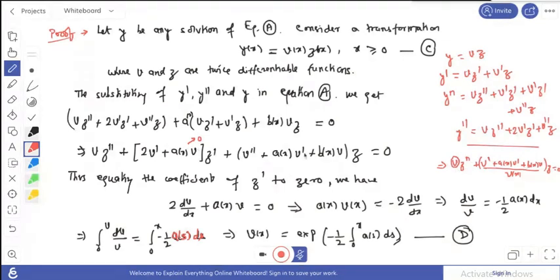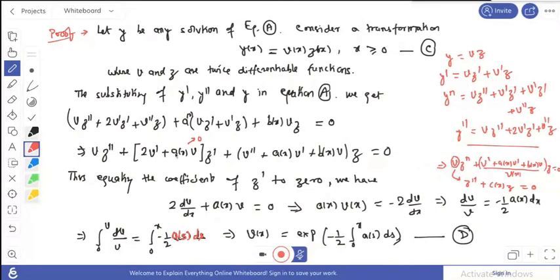ठीक है, तो यहाँ पे ये जो इक्वेशन है हमारी, ये कुछ इस फॉर्म की हो गई, z डबल प्राइम समथिंग फंक्शन, अगर हम v से डिवाइड कर लें तो z डबल प्राइम प्लस समथिंग फंक्शन ऑफ x z इक्वल्स टू 0, और आप लिख सकते हैं z डबल प्राइम प्लस c ऑफ x, एनी फंक्शन ऑफ x, तो वी डिनोट हियर cx एंड z इक्वल्स टू 0। ओके, तो इस तरह से इसे आप कर सकते हैं।